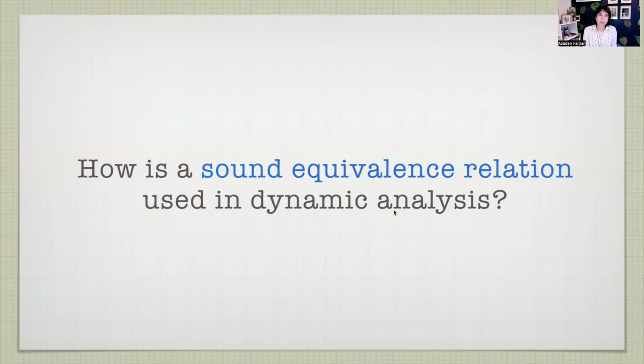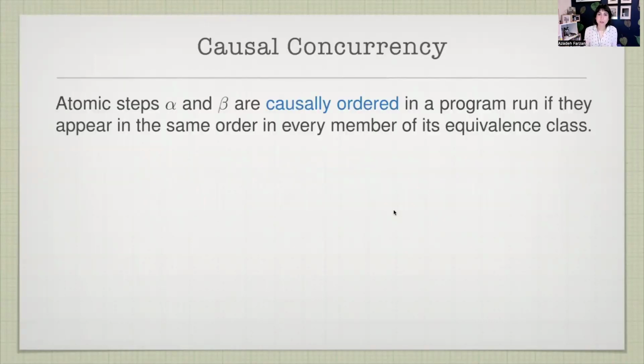Now, let's turn our attention to the other side. When we say we want to check for something or test for something, what are these things? There can be many things. This talk specifically focuses on this key decision problem, which is called causal concurrency. It's a very simple problem. It's arguably the simplest kind of question that I can ask about a run. Very elementary, but at the same time, very powerful.